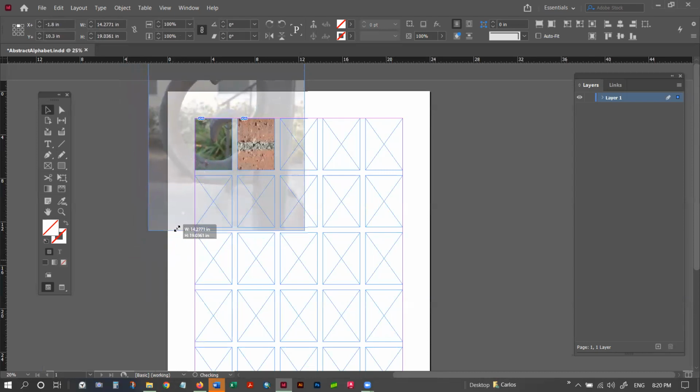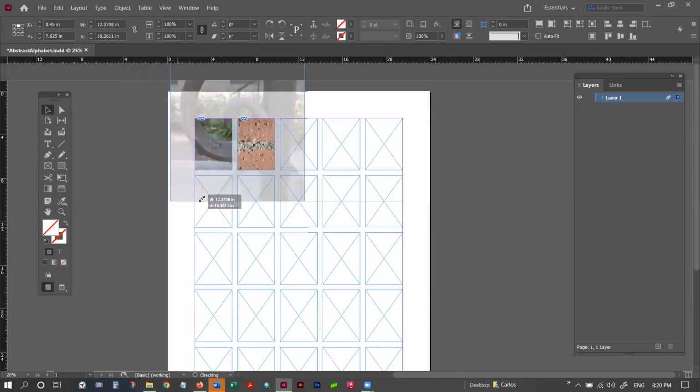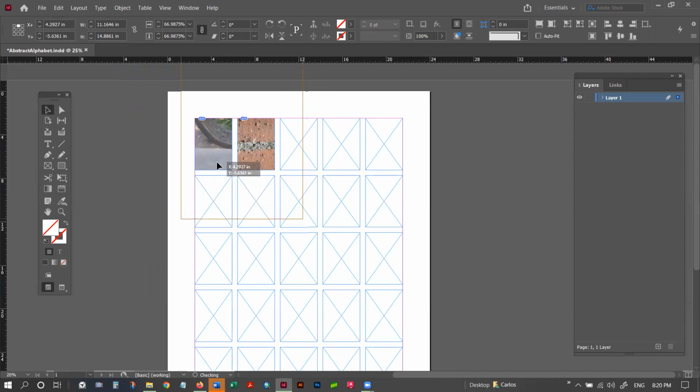If you hold down Shift, then it locks the proportions, and you can then resize your image to whatever you need. You can click and drag inside the image frame here, not out here, but inside the image frame to reposition, and then grab, hold down Shift, and adjust that size again until you have the right size letter that you want